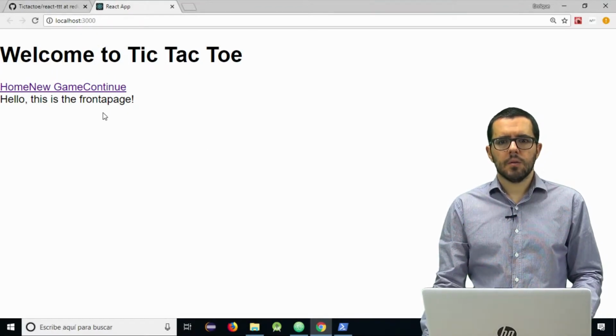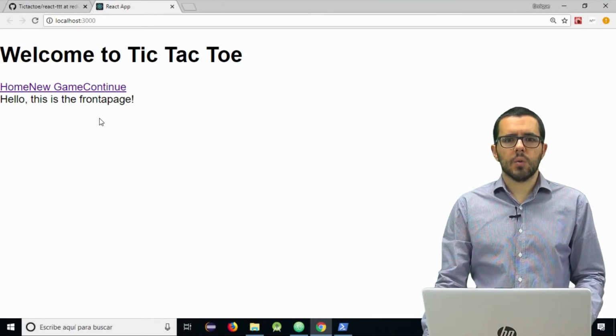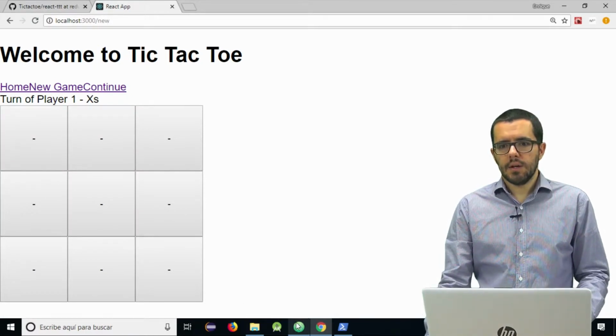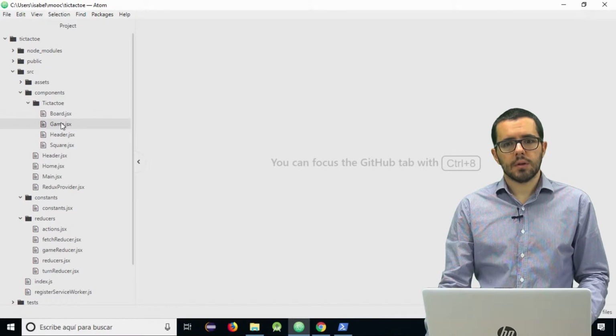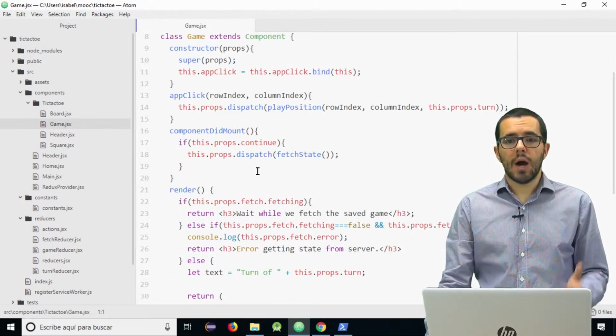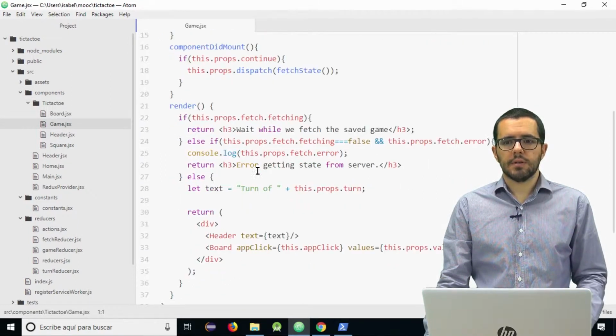We start with our tic-tac-toe game as it is here. It has routing, it has this continue possibility, and new game starts with an empty board. Perfect. If we go to our game component, what we are going to do here is to add this input field.